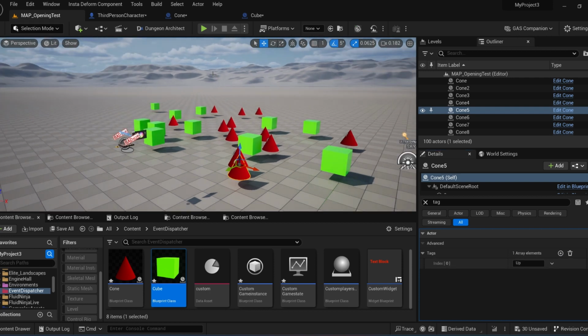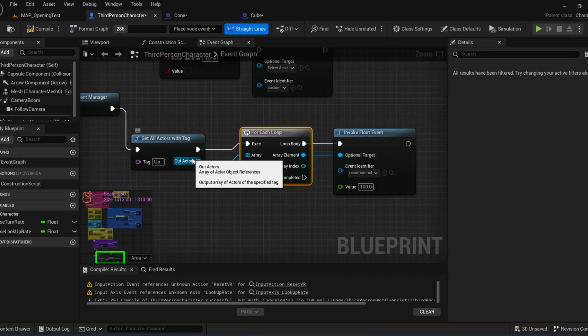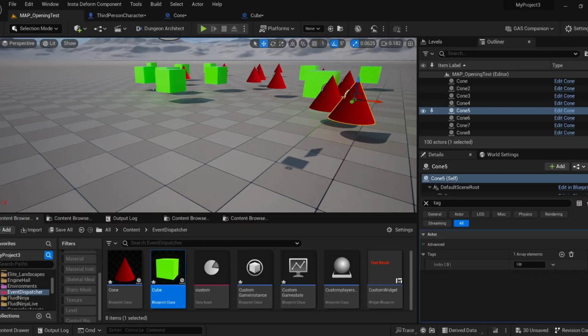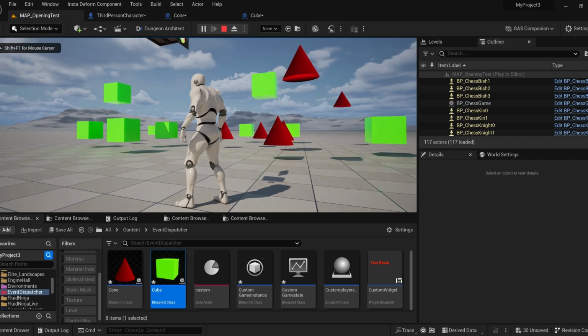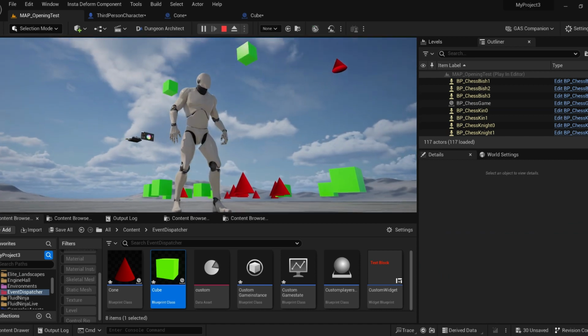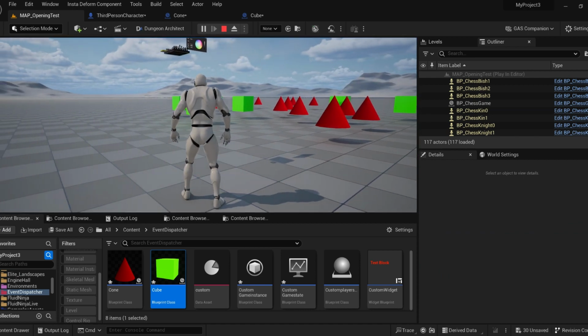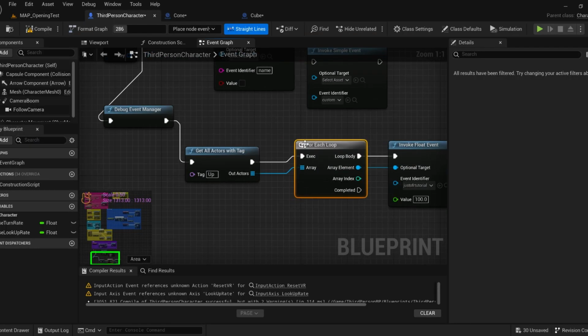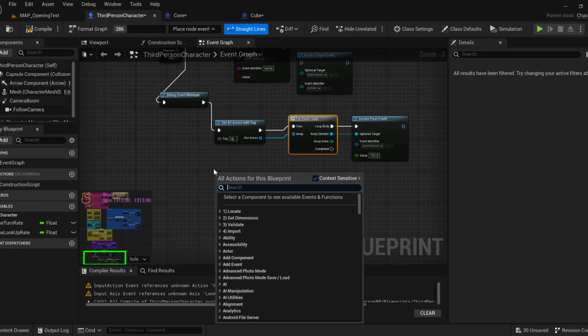So let's see, and yeah, it's an actor reference, so it doesn't create that hard of a reference. No problems there. So as you can see, only those with the tag are receiving the event. And there are many other ways to get a reference or filter out the actors using overlaps